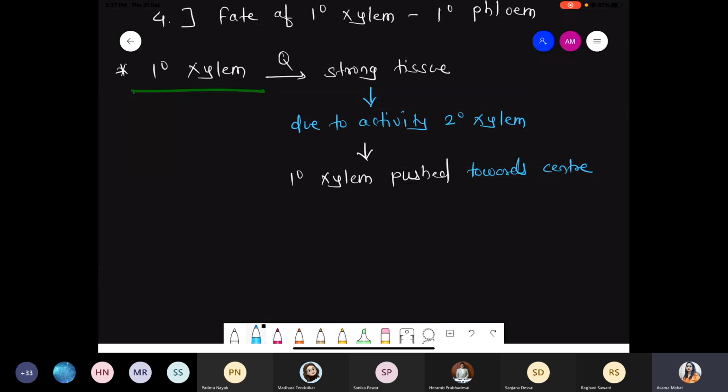Just check the position. Exactly below the vascular cambium, secondary xylems are present. Secondary xylem is 8 to 10 times more active, so they show rapid division. So what will they do? Slowly they push the primary xylem toward the center. And now what happened? Due to that pushing phenomenon, at the center the pith is present. So due to such a pushing process, now it will start